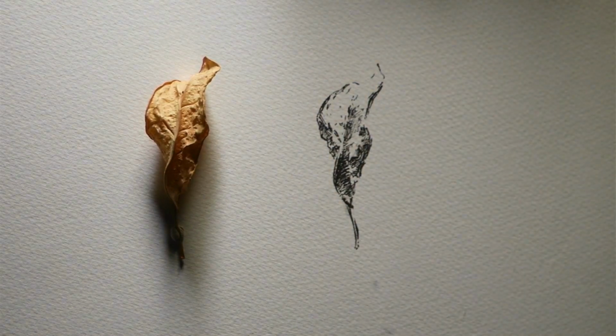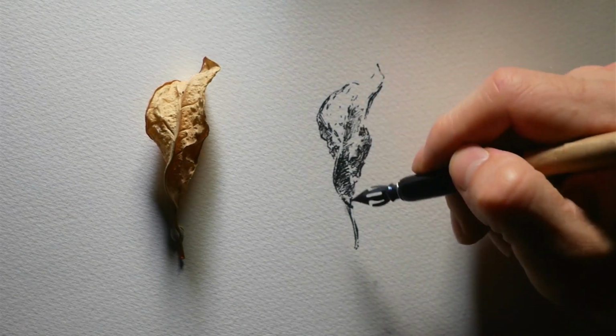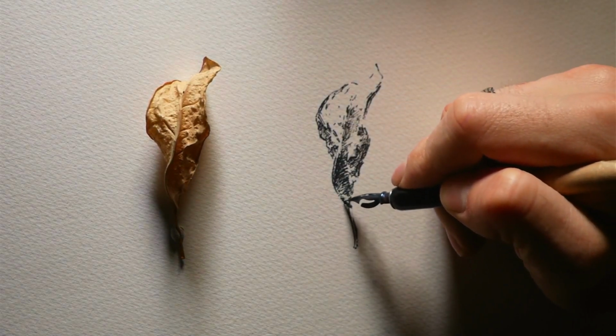I'm going to start now hatching out a little bit of a shadow for it as well. That's going to be a little bit softer, so I'm not using outlines, I'm just going to kind of gradually